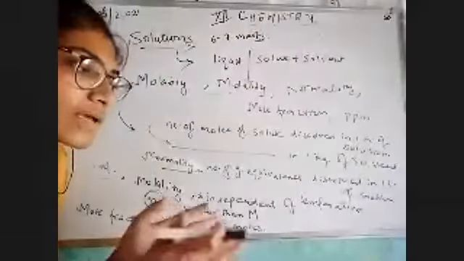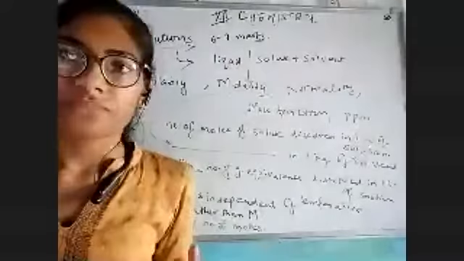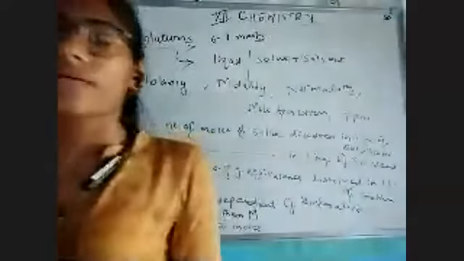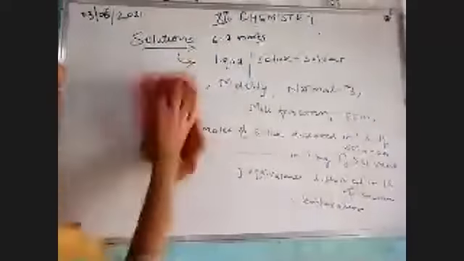Now, mole fraction is a ratio. It's just a number, and it doesn't have any unit. So mole fraction is also independent of the temperature. These two quantities, molality and mole fraction, are independent of temperature. So we have done one important point, that is, which quantity is independent of temperature. Besides that, the quantity which doesn't have a unit is our mole fraction, because it is just a ratio. Now let's move to our next point.